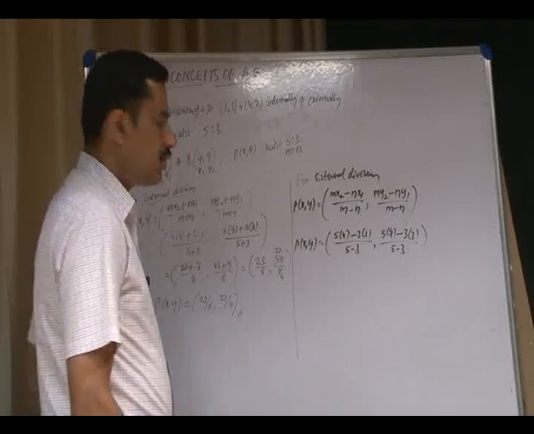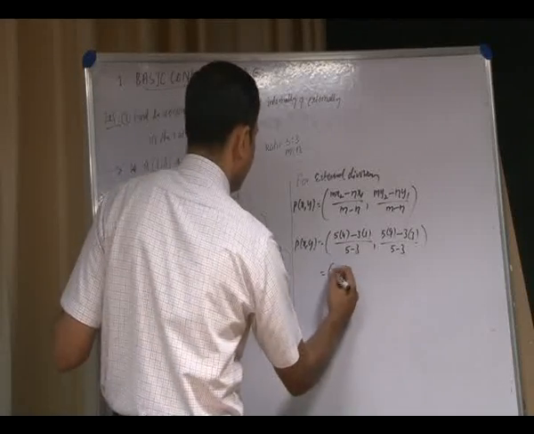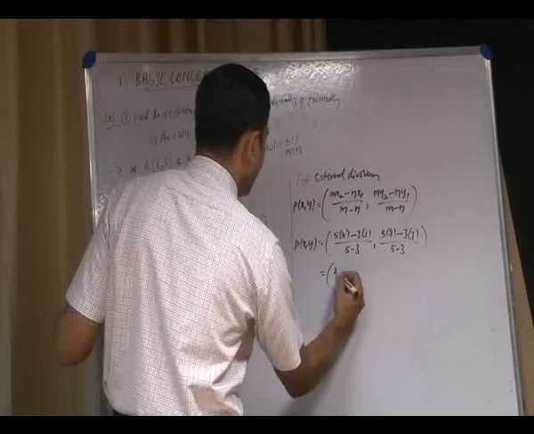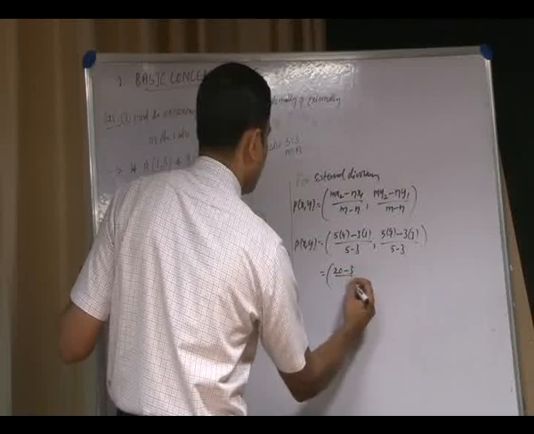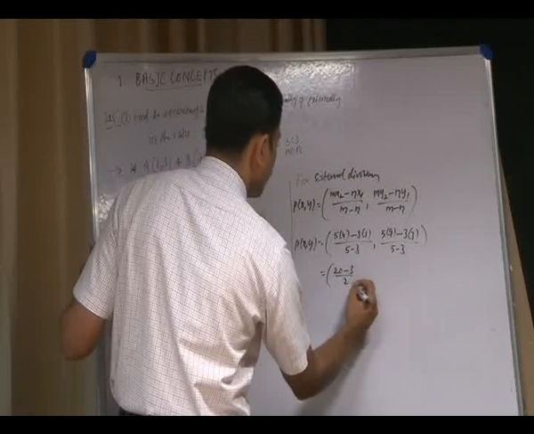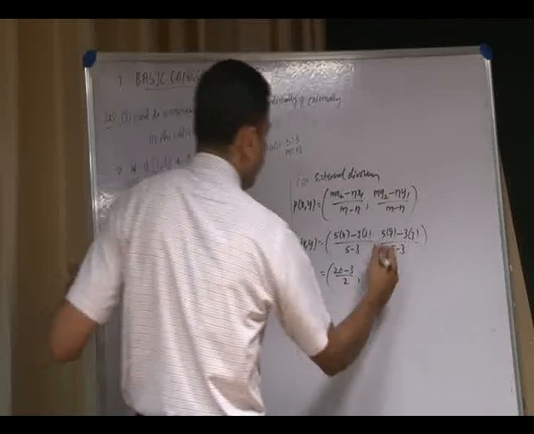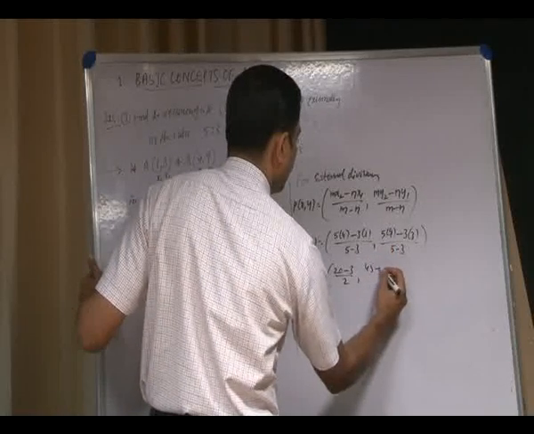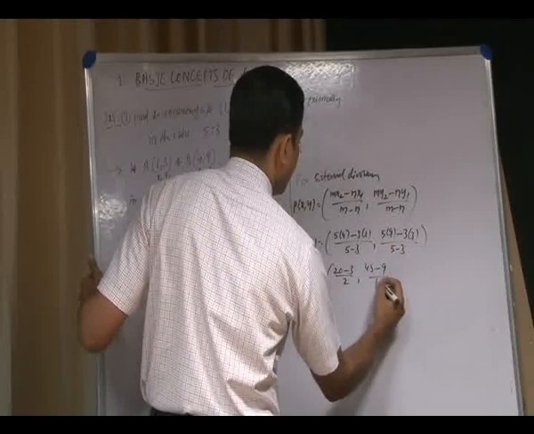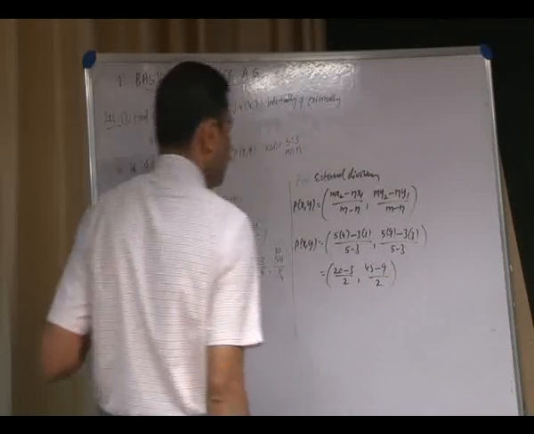So, by simplifying this, we get 20 minus 3 divided by 5 minus 3 is 2, then 45 minus 9 divided by 2,